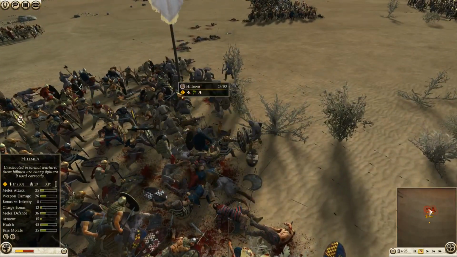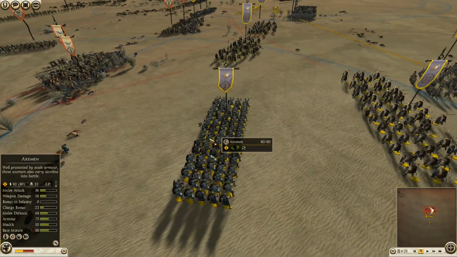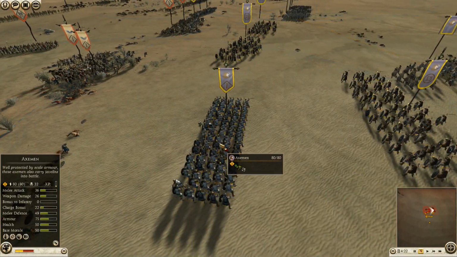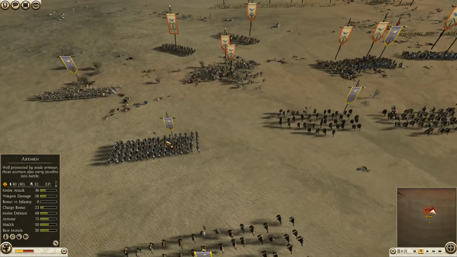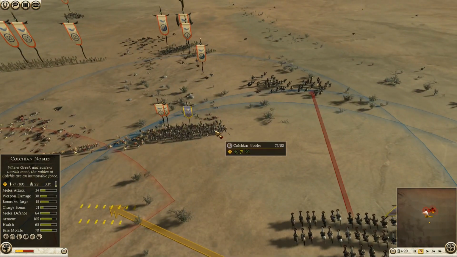So let units stand by themselves, let them be fodder, let Hillmen die, they cost nothing, and get all the kills with these guys without getting any damage done in return. So that's my strategy on this. My nobles are going to hold the flanks over there, and they're also holding over here, and now I'm going